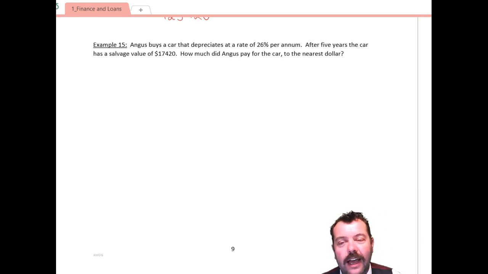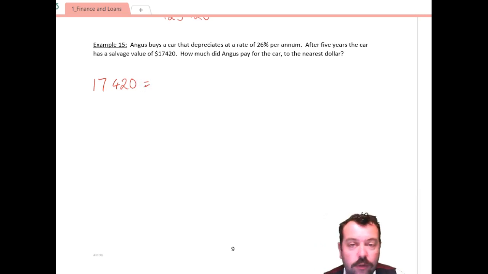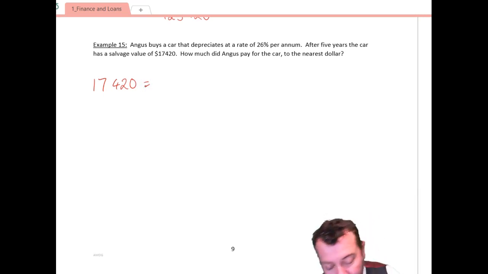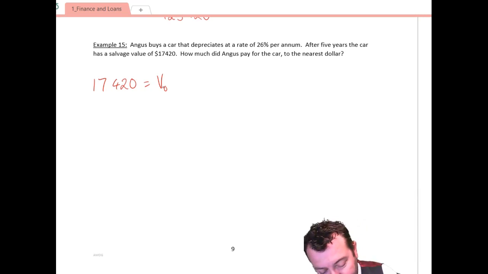After 5 years, the car has a salvage value of 17,420. How much did he pay for the car? Well, this is all sorts of complex, isn't it? Let's have a look. I do know the salvage value. That's the interesting part here. 17,420. I know my salvage value is equal to, well, I would put my initial value in here, but I don't know. So I leave that with a pronumeral, V0,